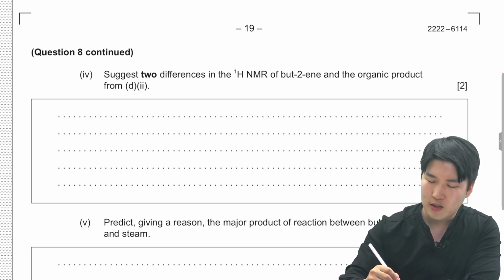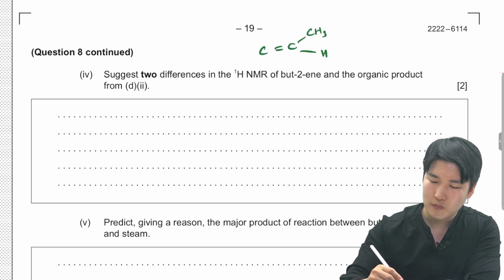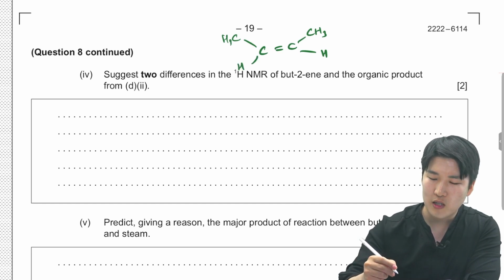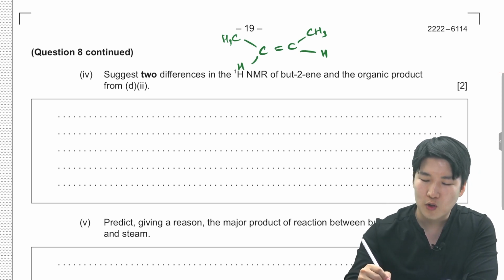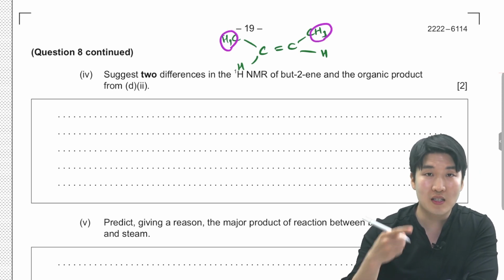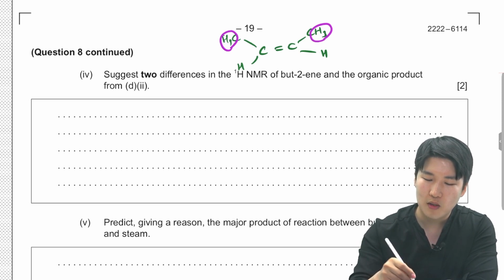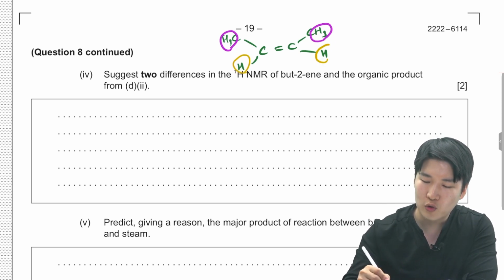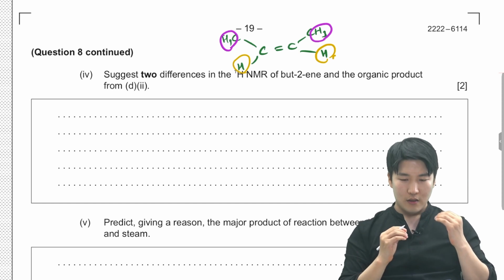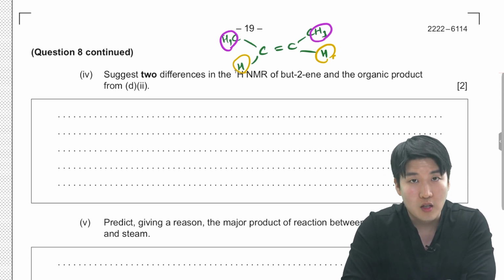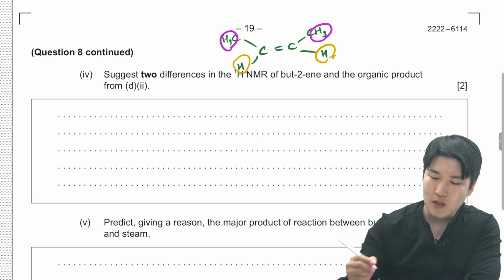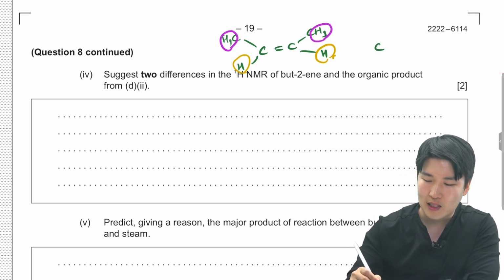Let's go with but-2-ene. What are the hydrogen environments here? We've got a symmetrical molecule, which means that we've got 6 hydrogens that occupy the same hydrogen environment. We've got 2 hydrogens that occupy another hydrogen environment. Now this will compare with 2-bromobutane, our product,